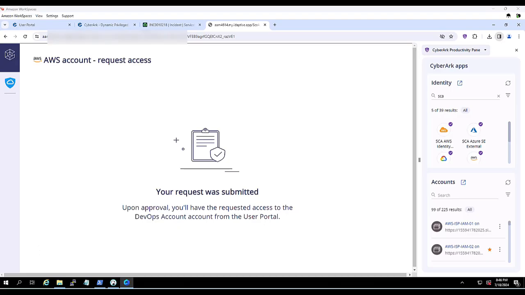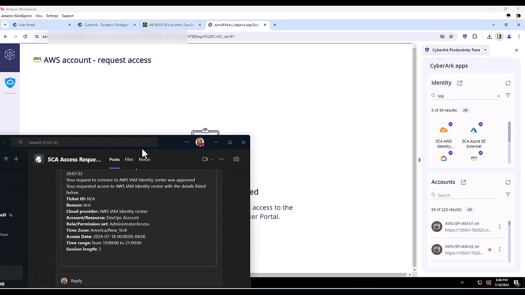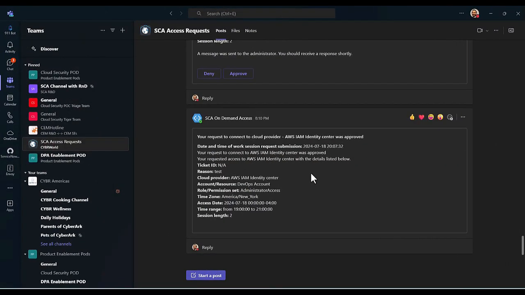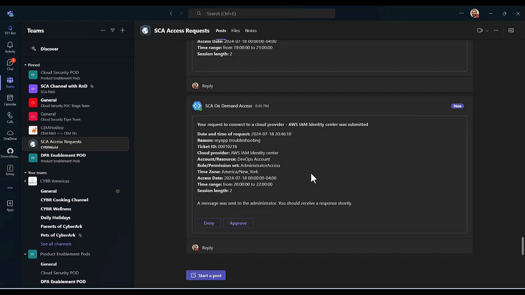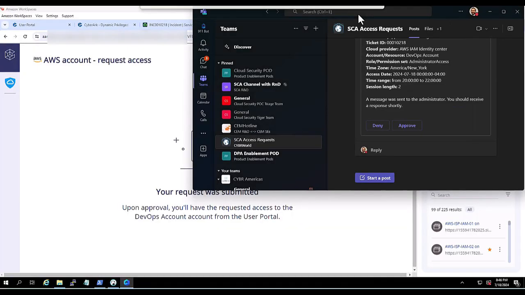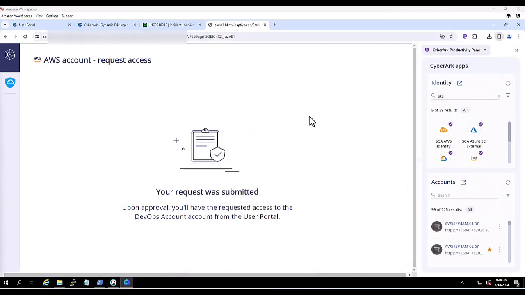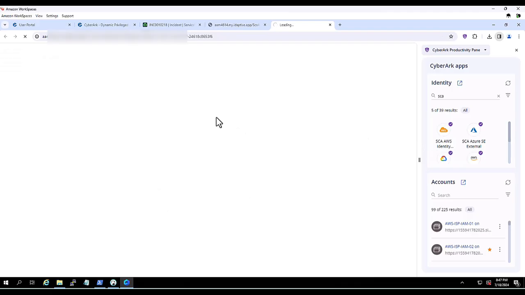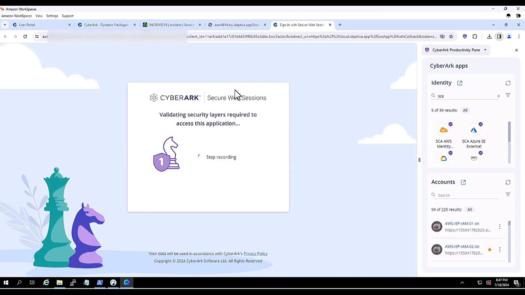At this point, when they click submit, it's going to go through the appropriate workflow. It could be Slack or Teams, which is what we're using in this case. We also have ServiceNow integrations. You could customize this through API flows as well. In Teams, we can now see that the appropriate approver, who would be a different person than the IT admin, of course, receives the request in the channel, can review the specific requirements around that request, and go ahead and approve it. The end user, the IT admin, will then receive an email that the request has been approved or denied,